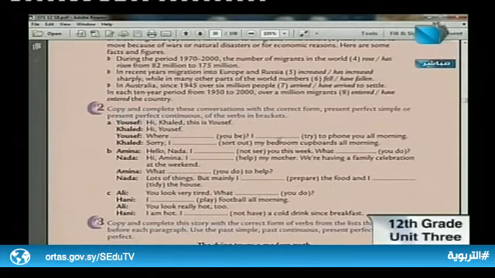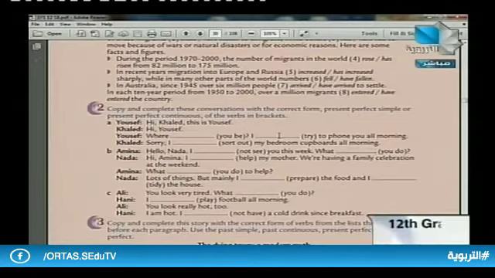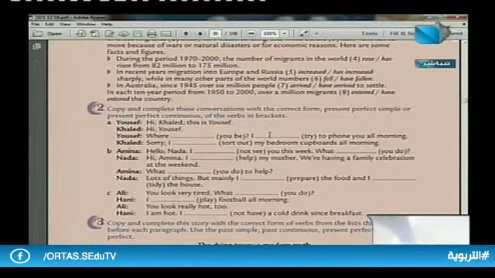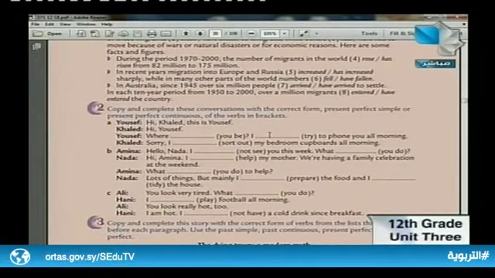And I try to phone you all morning. All plus morning goes with the present perfect continuous, so it is a prolonged activity. It takes more time. So I have been trying to phone you all morning. It is a continuous activity. Once, I have tried; twice, three times, it means that I tried this many times, over and over again. I have been trying to phone you all morning, till now.